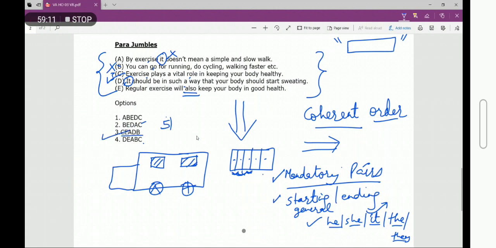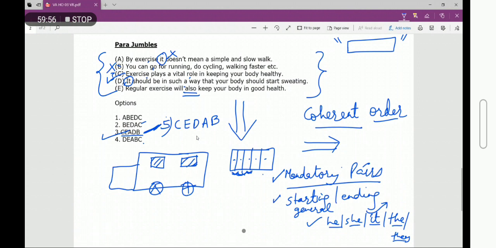But if let's say there was a fifth option, for example CEDAP, then you could have spent some time to figure out the full sequence, saying that after C, what comes? So it says exercise plays a vital role in keeping your body healthy. Then E, regular exercise will also keep your body in good health. So CE, then we say A. By exercise, it doesn't mean a simple and slow walk. So what does it mean? Then he explains, you can go for running. So it's CE, A,